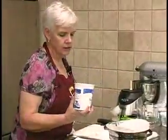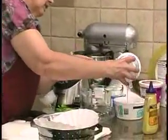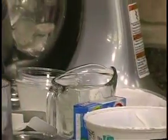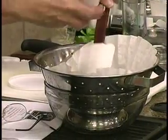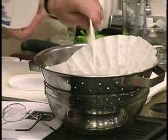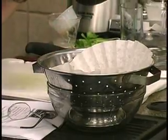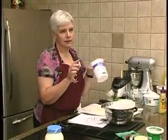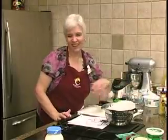2 cups of yogurt, and you see, I'm gonna pour a little bit of this. It has a little liquid on it, so we want to get rid of that. So we're going to put it in here. And this is just plain low-fat yogurt, plain. When you go down to get that, don't buy the vanilla. Don't buy the lemon. Only get the plain,